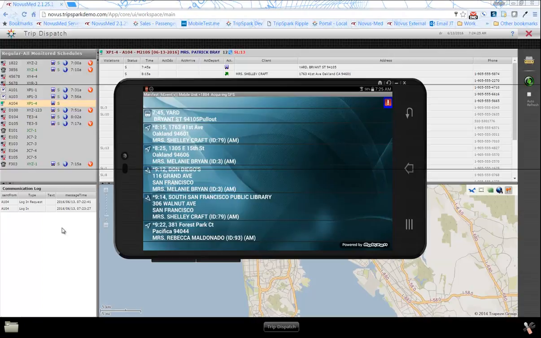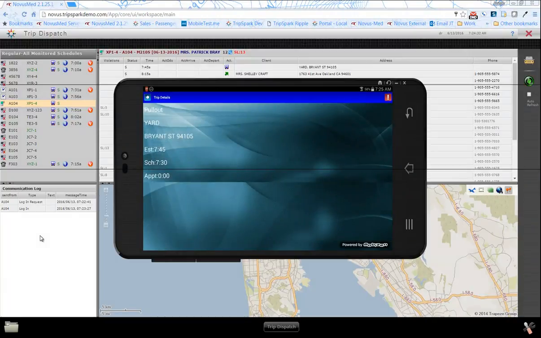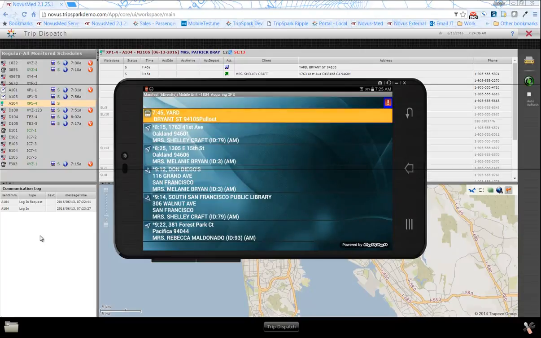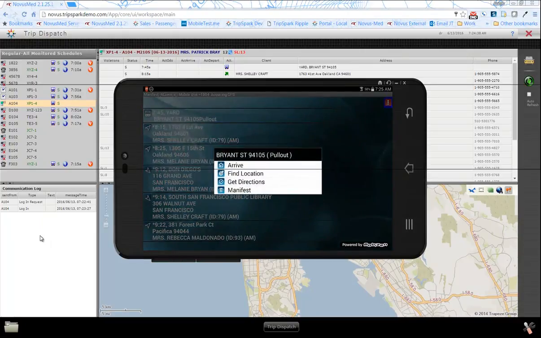Now, from a driver's perspective, for each event that's done, if we short press, we'll get additional information about that event. And if we long press, we'll get the ability to perform an action, whether we want to arrive, which means we're getting ready to leave, find location, which brings up a location on the map, or get directions. This is Android based, so you can use Google navigation